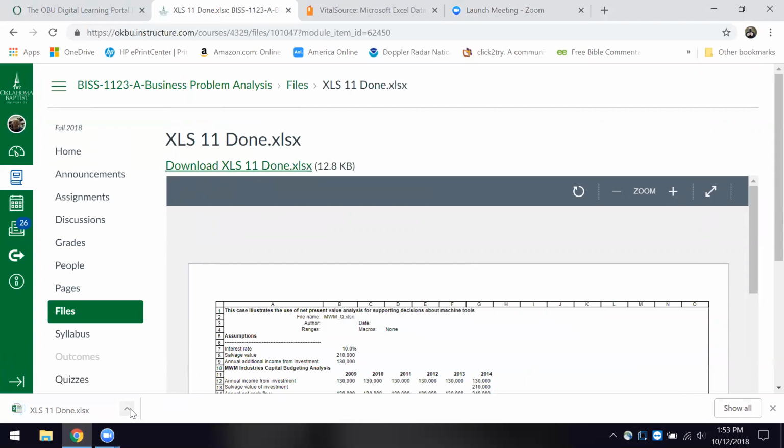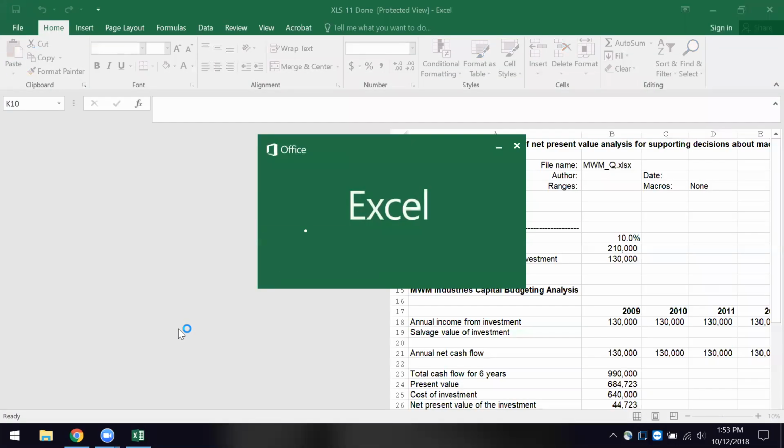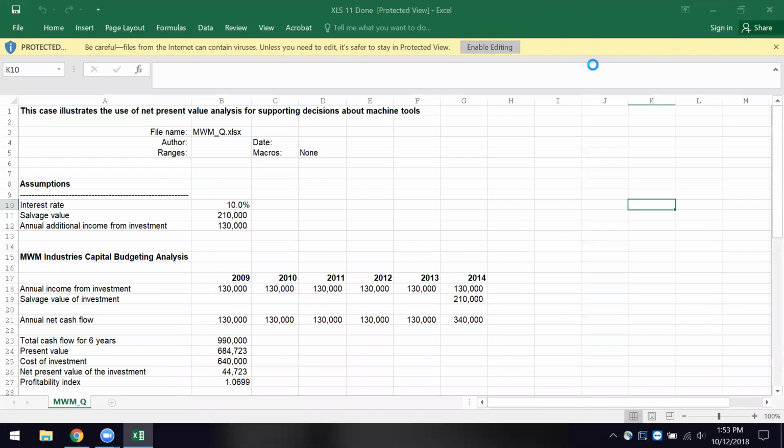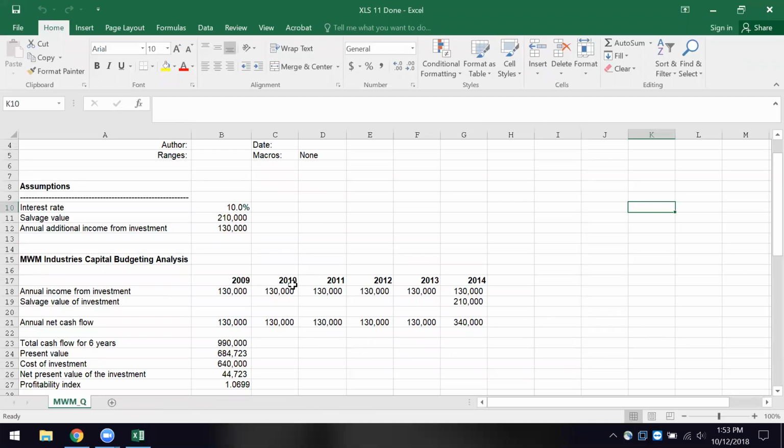And it will enable the editing. And here, as you recall yesterday, this was a company that was going to buy some equipment, and the initial investment was going to be $640,000. Now, the company was going to realize additional income from that investment of $130,000 starting in year 9, going